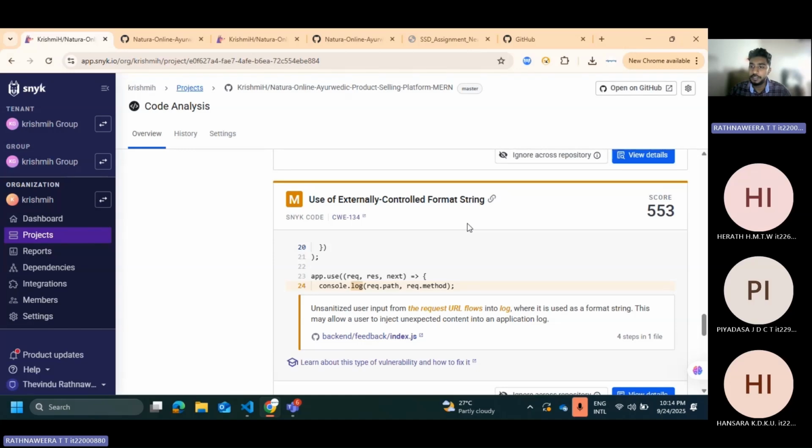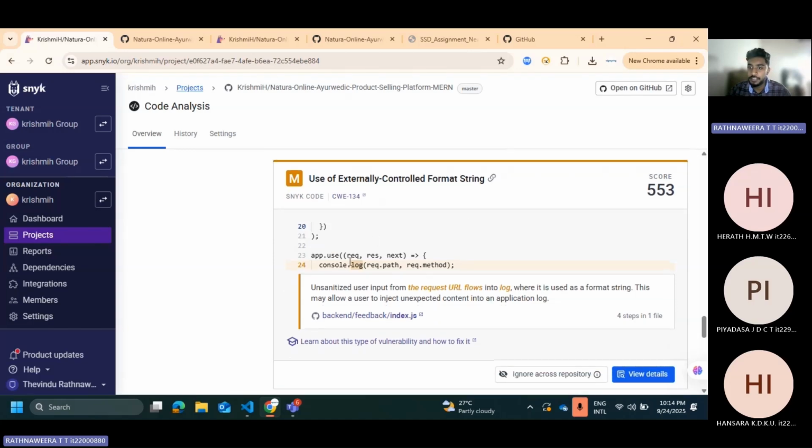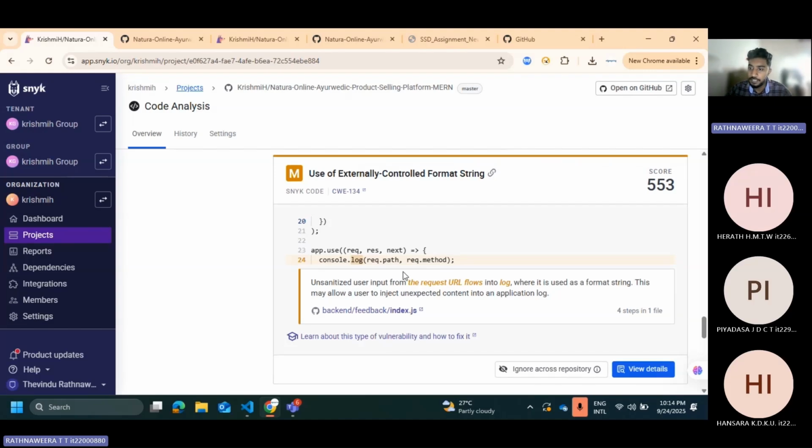If you look at the old code snippet, you can see the middleware is logging request.path and request.method directly, without any checks. The problem with this is that both values come straight from user input. An attacker could craft a malicious path containing special format characters like percentage or line breaks. This could inject harmful data into our application logs, leading to log poisoning, sensitive data leaks, or even unexpected code